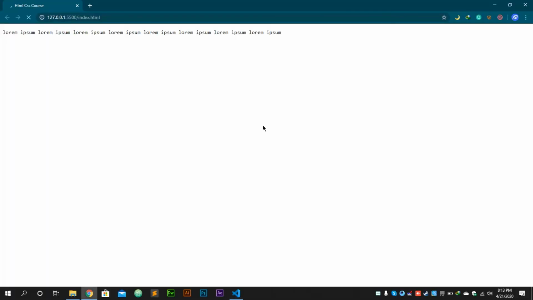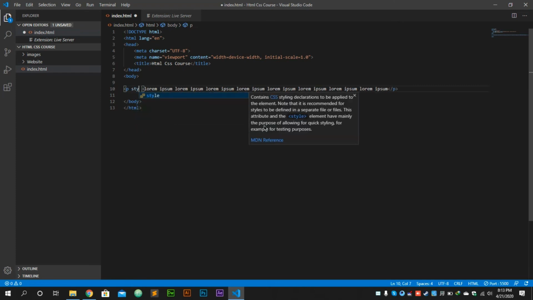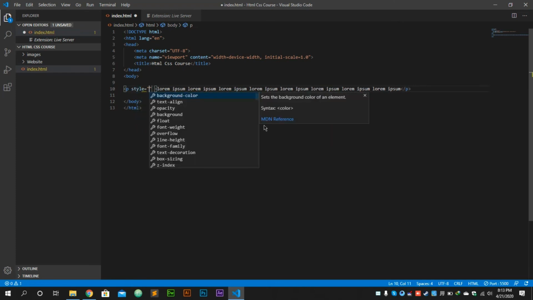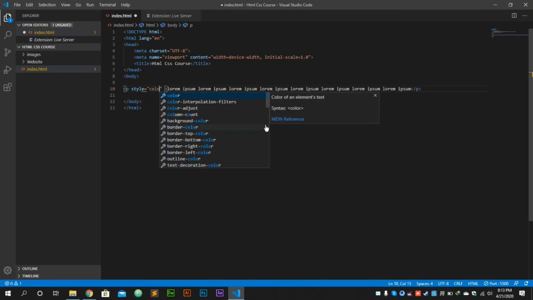There is a style attribute we will use for adding our inline CSS. The first CSS property we are using is color.